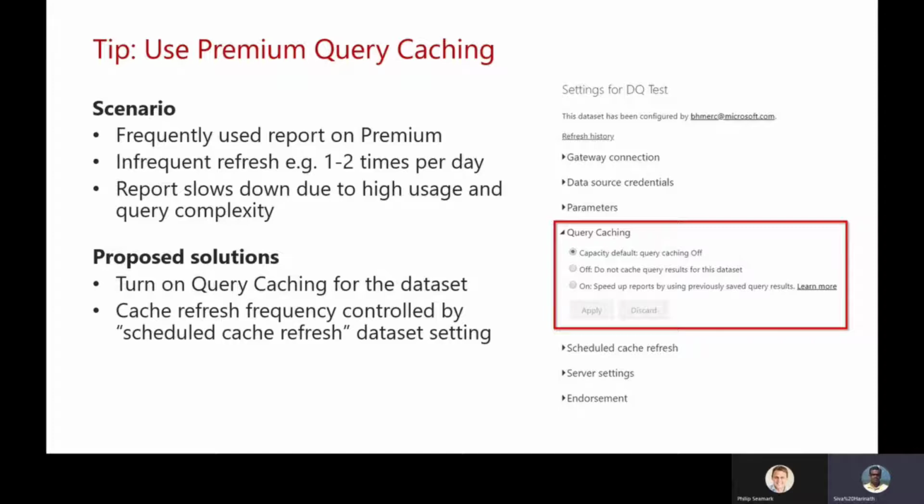Some of the scenarios are, if you want some of these reports to be very fast as and when the users come onto the dashboard, have the frequently used reports on premium. So if you have premium capacity created, and the execs are using a set of reports, then consider premium, right? And then also, can you do infrequent refreshes, right? 1 to 2 times a day, right? So this is what you do in those particular scenarios. And then reports slow down due to high usage and query complexity, right? So these are the 3 common scenarios